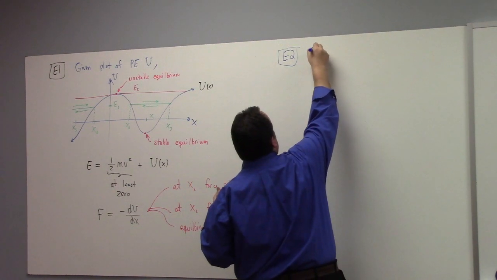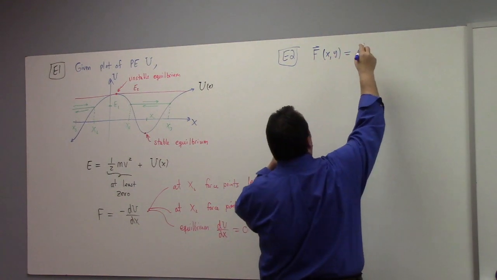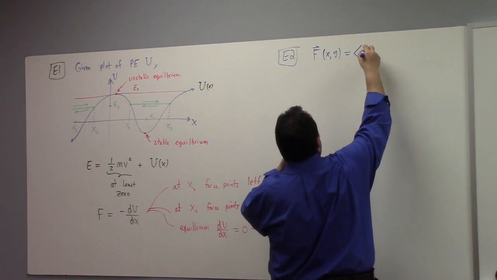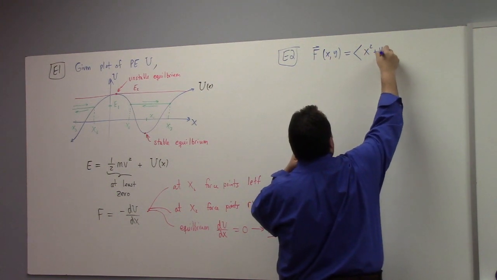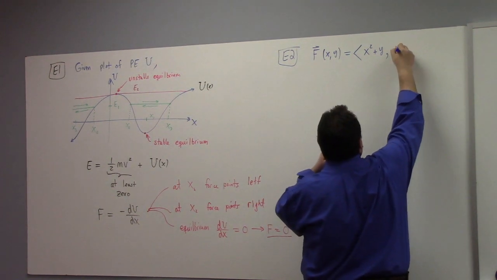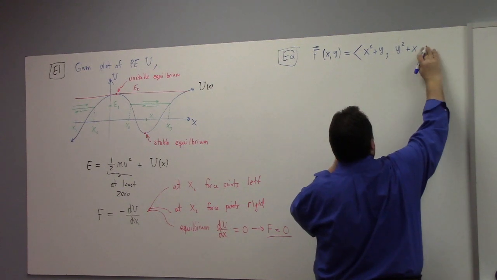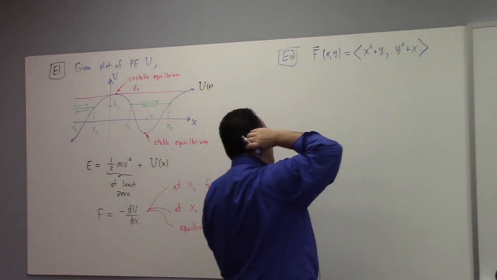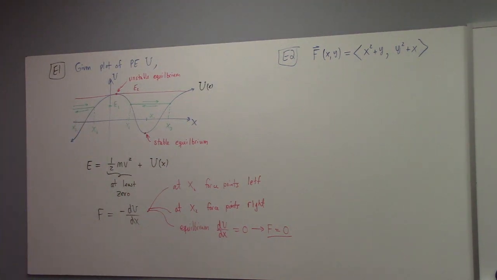So here's a force field. Let's say F of x, y is equal to, I don't know, x squared plus y and y squared plus x. And I'll do two-dimensional here. So my question is, is that a conservative force? All right. So the very laborious way to do this would be to find two different paths, right,